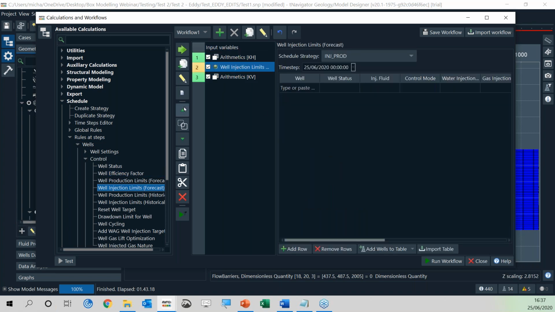You can move the processes up and down using the arrows like so. And we want to then add the wells to this table. I don't want to do anything with the production wells, so I'm just going to get rid of that. We have our injector here. We have our injection fluid, which is gas. We have our control mode, which is injection rate. And I'm just going to leave the gas injection rate empty for now, because we want to add